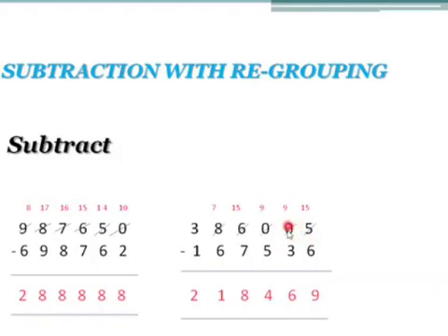To borrow from the next number, here we have 0. So in this case, what should you do? You should go to another number which is in hundreds. From this number you can borrow. And here also we have 0. What should you do? You should go to the next number. So here we have the number 6. From this number you can borrow to here.